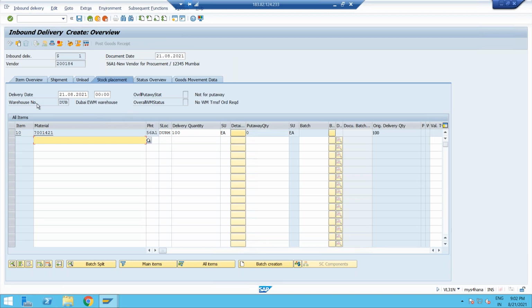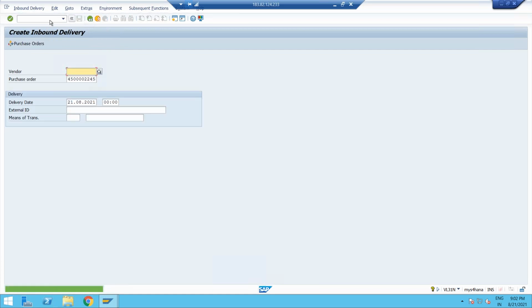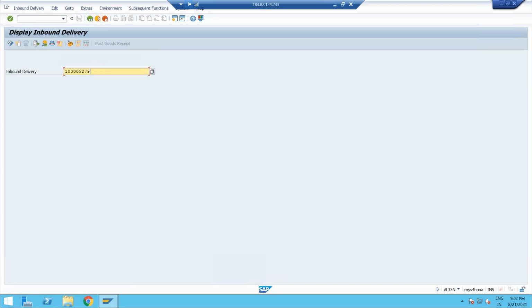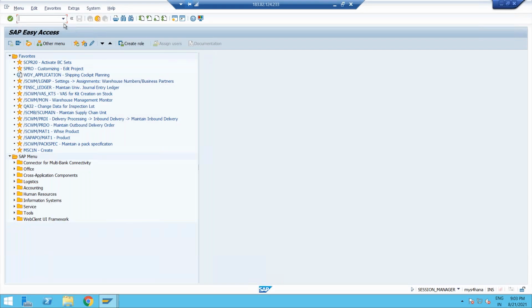This is the WM warehouse, and it is linked to my EWM warehouse, so you can see the inbound delivery distributed in EWM. When you go into the EWM, that is the embedded version only. This is S4 HANA, so you open a new session, but the transactions are still the same. /SCWM/PRDI.